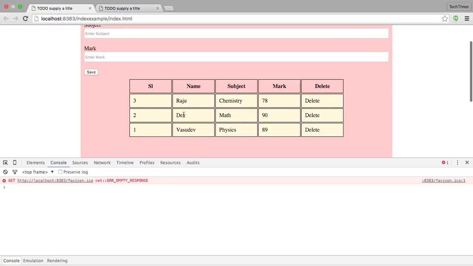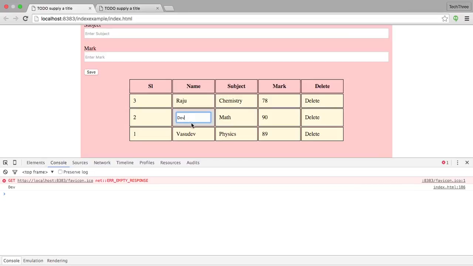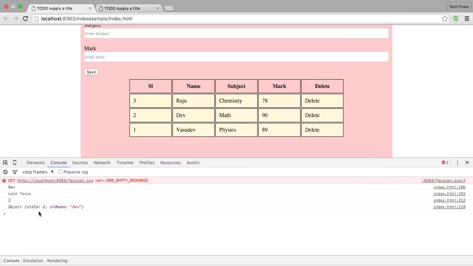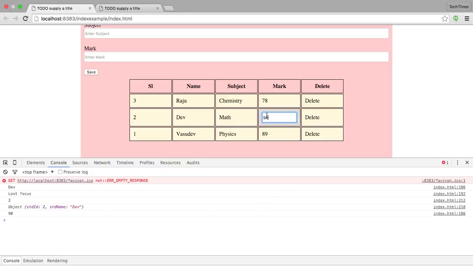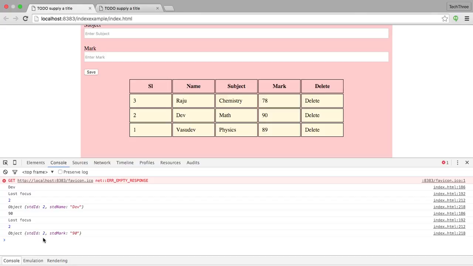So I'm just clicking on this one. When I lose the focus, it prepares an object for me having std id 2, primary key 2, and the std name, the object name is dev. Or if I click this one, when I lose the focus, it prepares std marks. Notice this itself is changing. So we are preparing our required object. Forget about the unchanged objects. Only the object which is going to get changed we prepare, and since we have a primary key safely here,